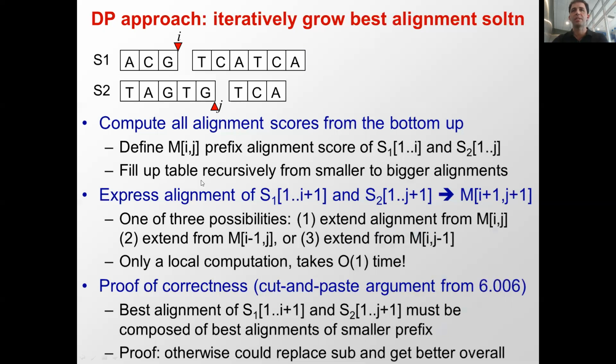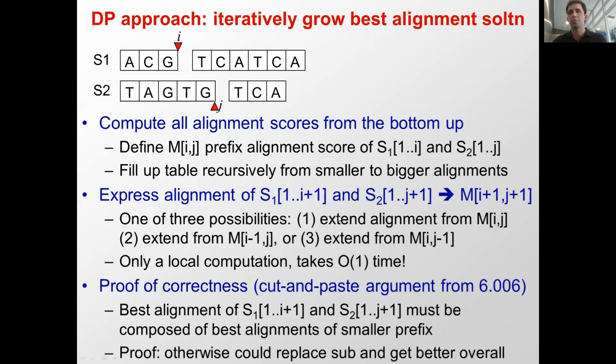And then we're going to be filling up this table recursively from smaller to bigger alignments, so iteratively from the bottom up. We're going to be expressing the alignment of the I plus first prefix of S1 and the J plus first prefix of S2